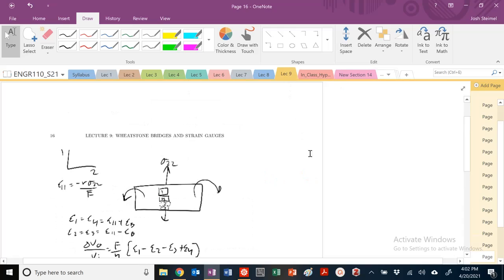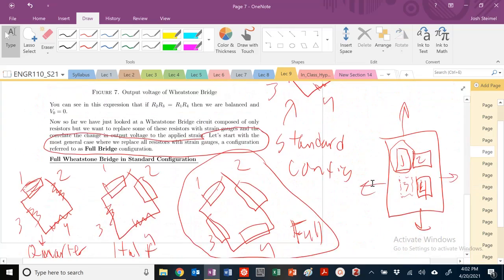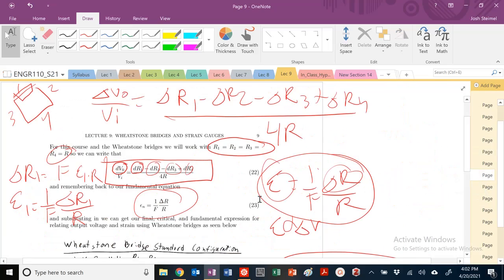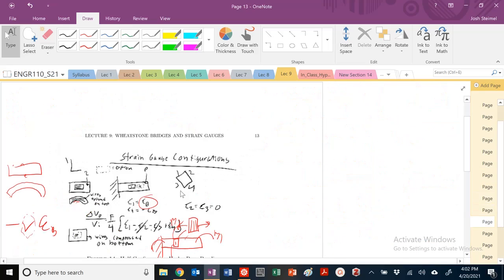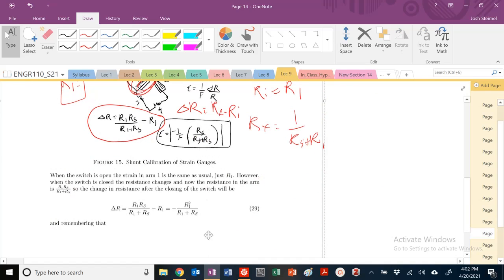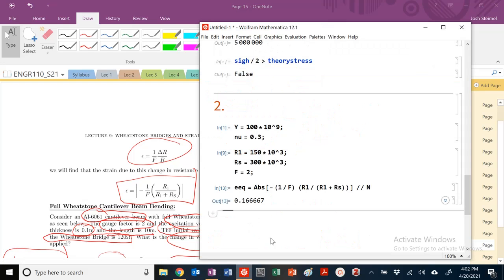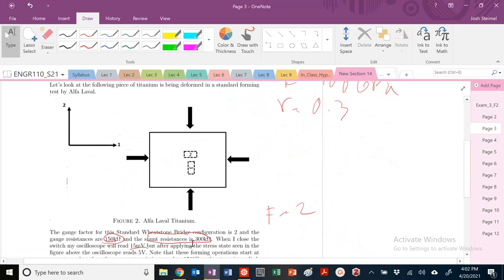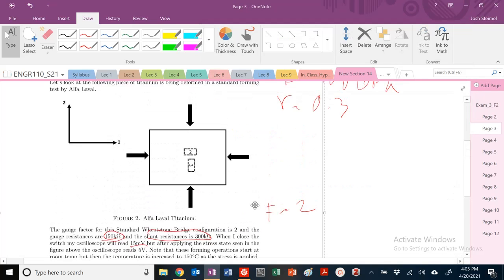So we're going to go all the way back to our lecture 9. Let's look at our expressions here. Let's go down to our calibration. We don't want that equation. We do, in fact, want this equation that's coming up. So it's our gauge over RS. You can see that right here. So we've got our equivalent strain. When we measure that value, we see 15 millivolts. So again, that 15 millivolts leads us to this equivalent strain. But after applying the stress state, seeing the figure below, our oscilloscope will read